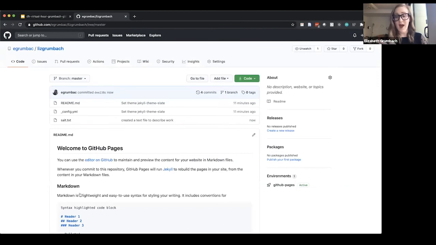And now that we've done that, we're going to do two things together. One, we're going to go to our GitHub Pages website that we created. And two, we're going to go to that text file on the internet. And I wanted to show you what the GitHub Pages website looks like, and that you can add